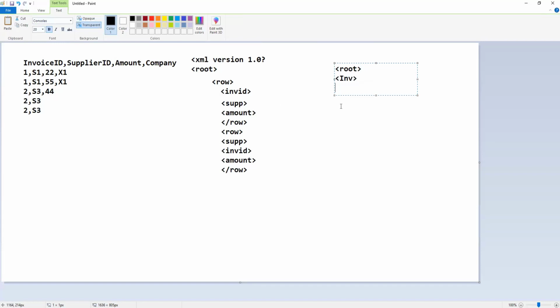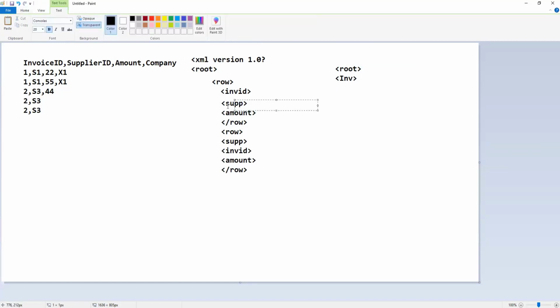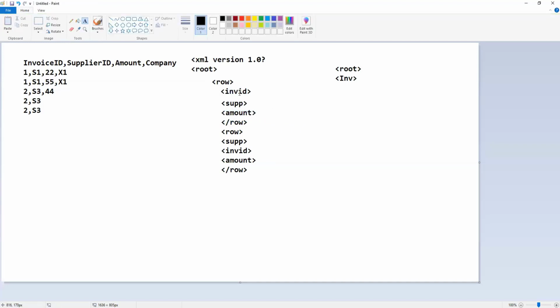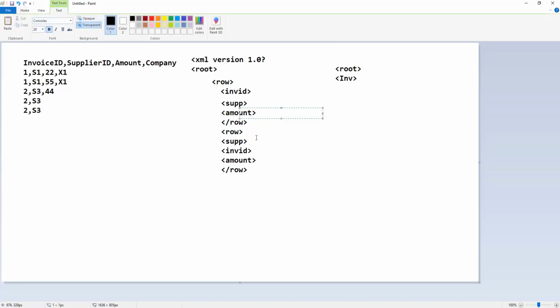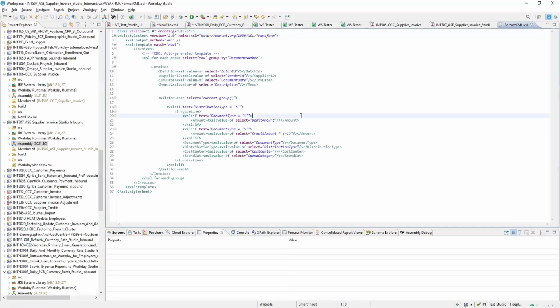So if you see here, supplier is common. That one will be in the header, but for one invoice there will be one ID and one supplier, while since there will be 2-3 lines, the amount can be different. And then there will be other fields which are different, right? So now, if you see here,